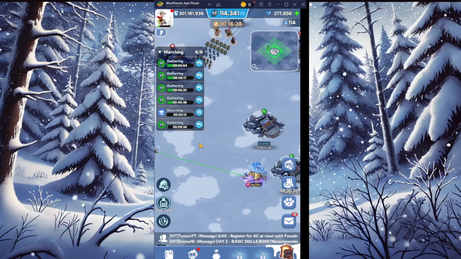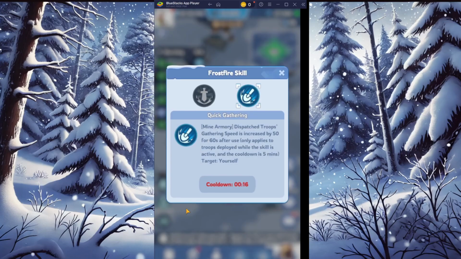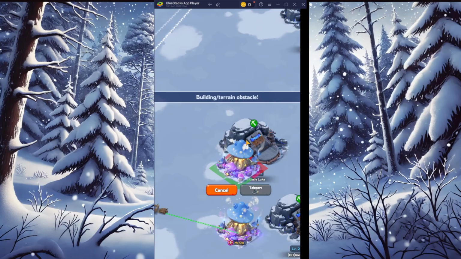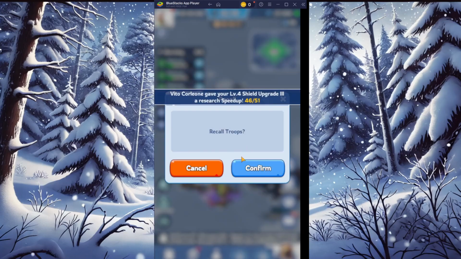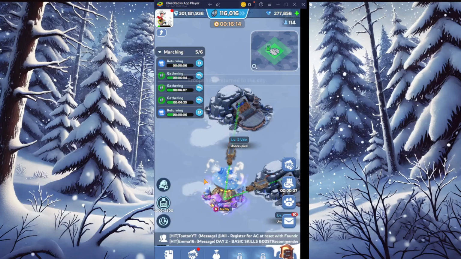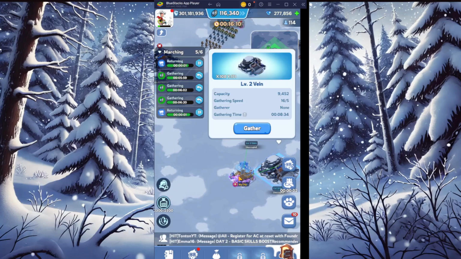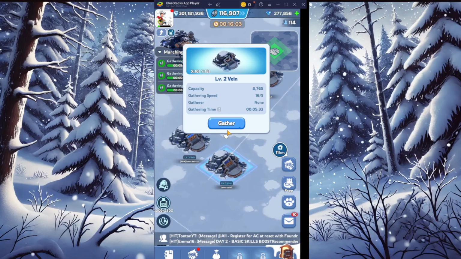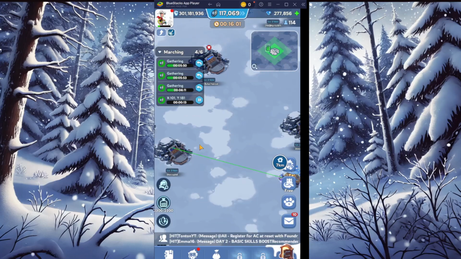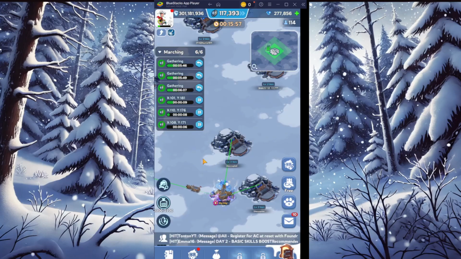I'll start to recall because, no, that was a mistake. 16 seconds. Okay, I'll start to recall. I will recall that one as well, because basically I will want 1 march that goes in and out, and I will want this one that goes in and out every minute. Okay, so I use it. So I send 1. I send my best ones, 2, 3. I look at the time